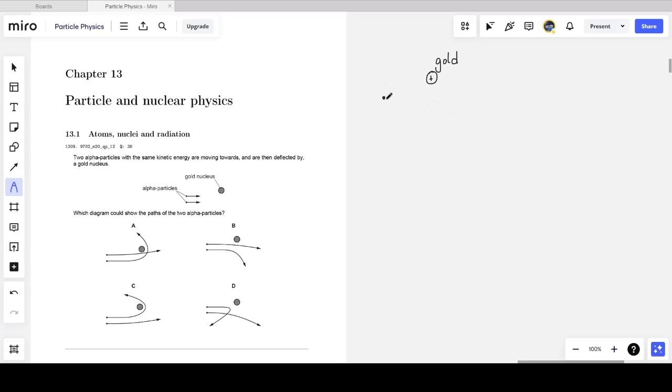And I have two alpha particles. We can see that in the diagram they are slightly below the gold nucleus. But the gold nucleus is positively charged, and the alpha particles are also positively charged. We can assume that we already know this. And when the alpha particles move towards the gold nucleus, what we found was that those that were moving closer to the gold nucleus were deflected to a greater amount than those that were moving further from the gold nucleus. So the alpha particles that were slightly further from the gold nucleus got a lesser deflection, and